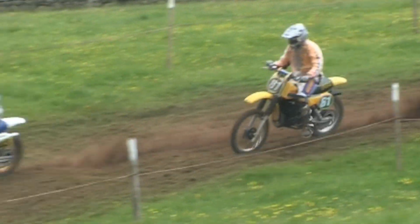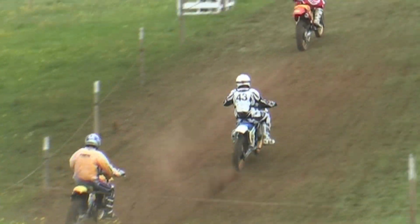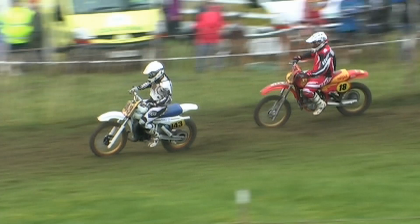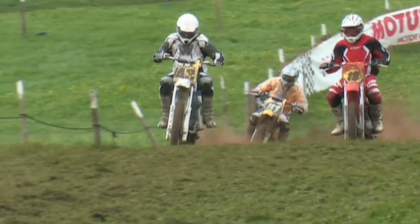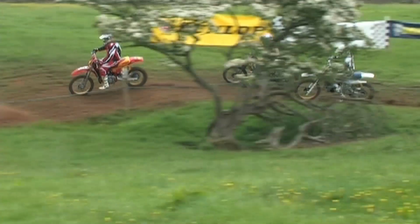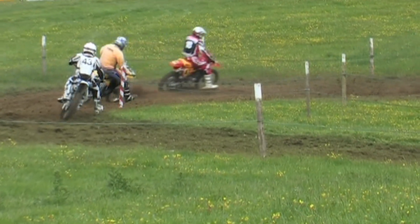As we take a look at number 81 there in the yellow, that's Chris Cannon riding that RM250 Suzuki bike. Chris is up against some quite big machines in this Twin Shock Pirates race, but nevertheless doing very well on that little 250 Suzuki. So as the riders come round to cross the line to start their last and final lap of this Twin Shock Pirates race, it's still Phil Wadsworth, your race leader, with number 211 on the Honda